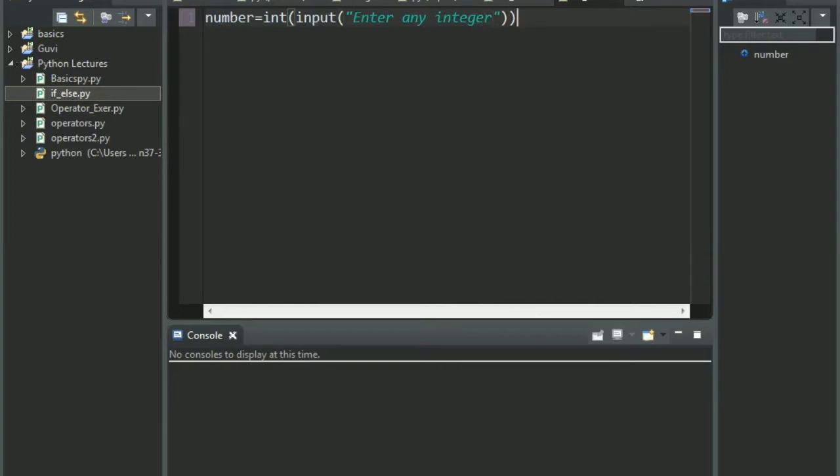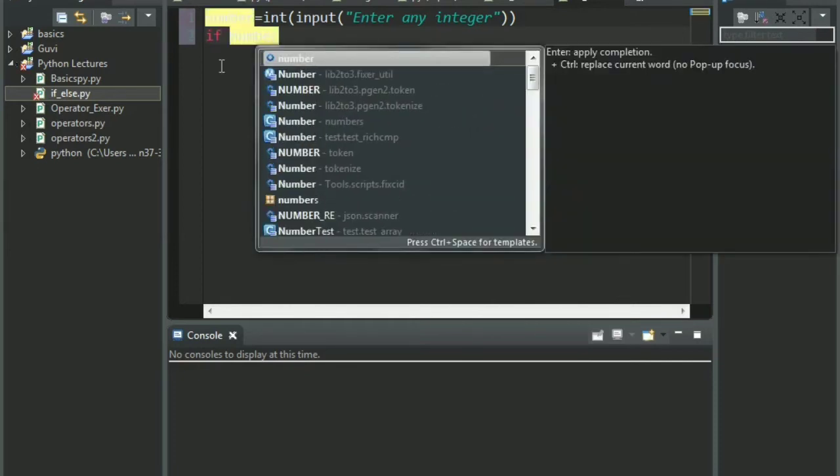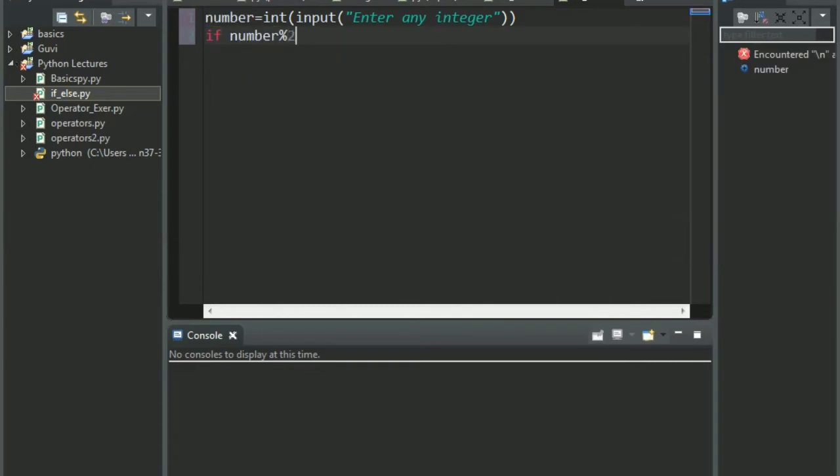Now what we do is, if number mod 2 is equal to 0, that is we are checking if it's equal to 0. See, it automatically got indented, so whatever you write inside this indentation will be considered as a part of the if